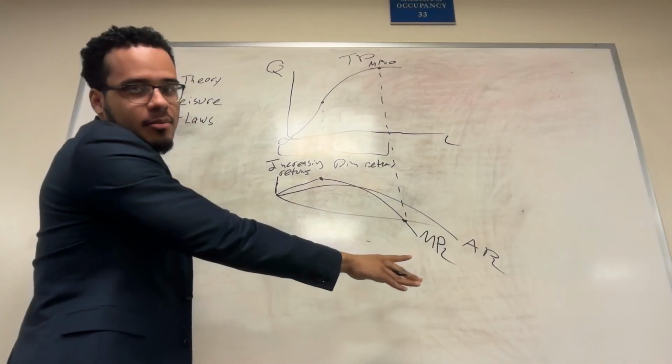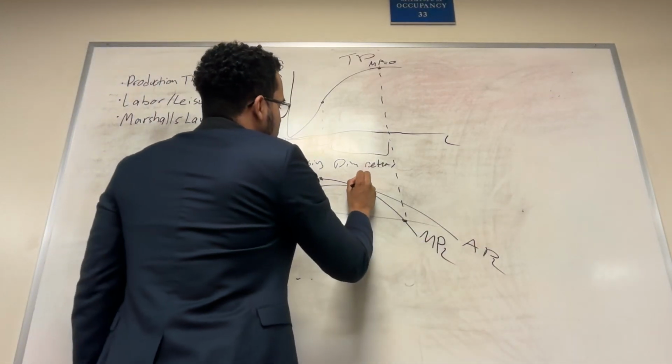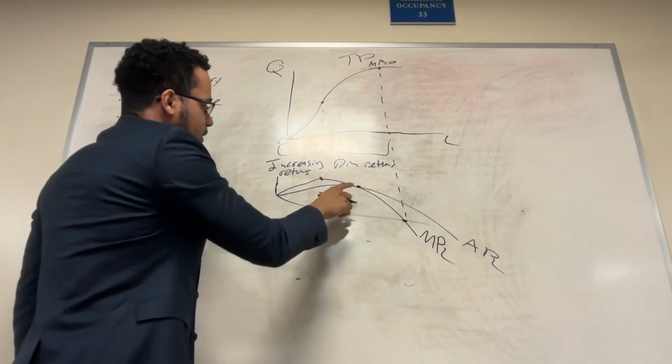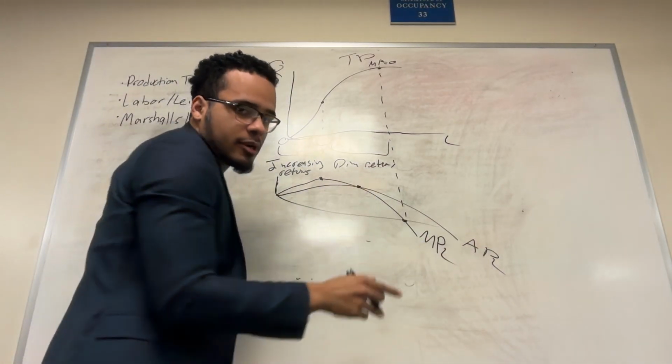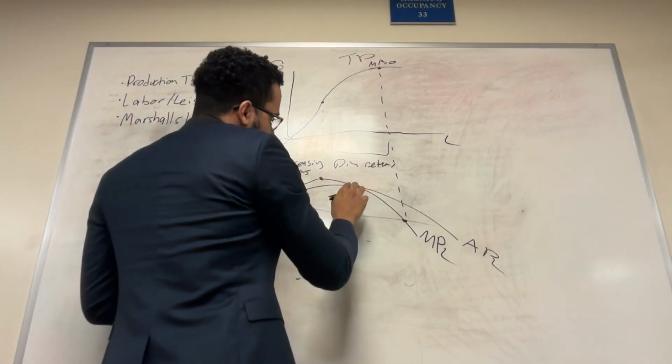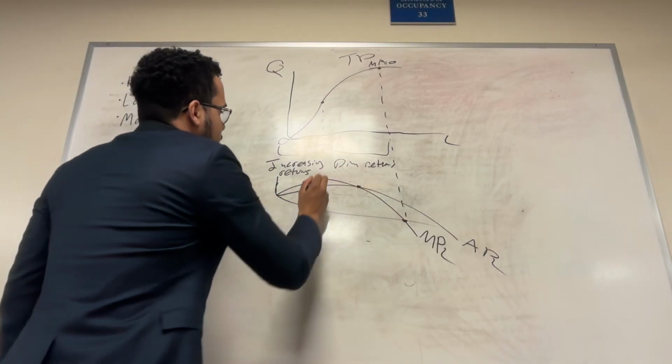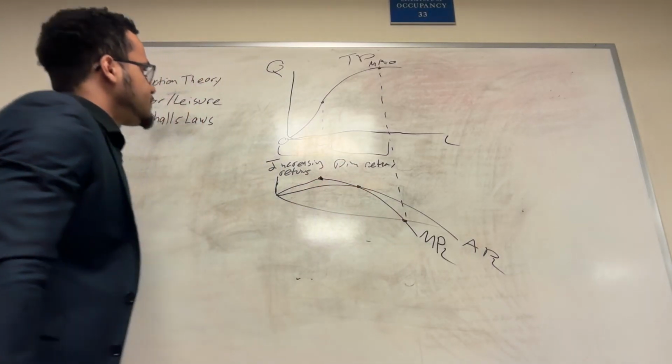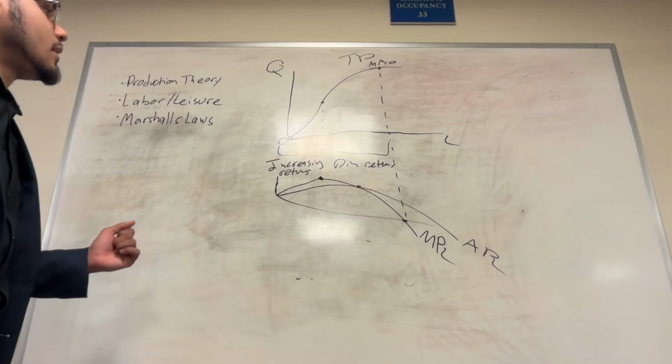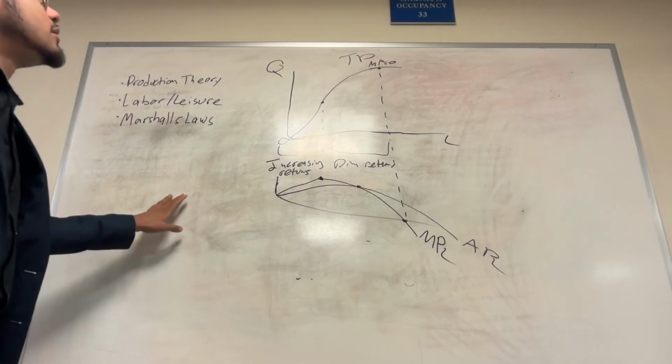of labor. I'm talking marginal product of labor, average product of labor. This is the maximum of the average product curve when the marginal product curve intersects the average product curve. That corresponds to the maximum of the average product curve. And so essentially